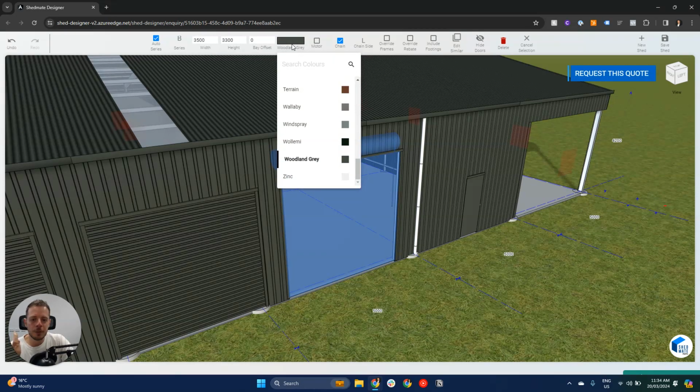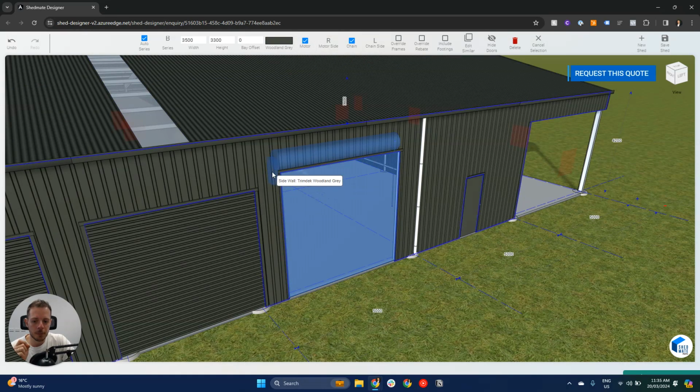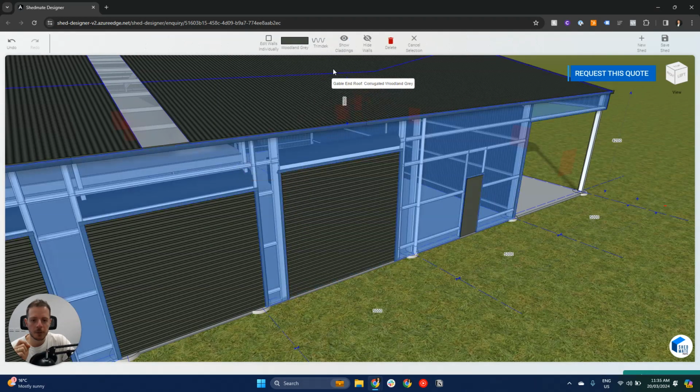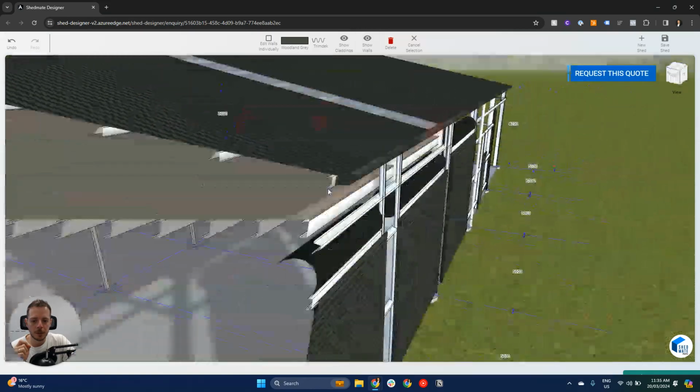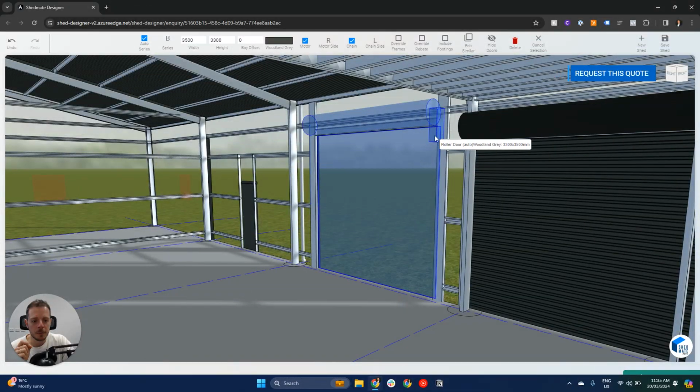Then we have the option here to change the colors. We have covered this a bit as well. And then we have chains and motors. So if you have the motor, you can see that Shedmate will automatically put a motor there. So let me just hide these walls so we can see what's going on internally. So if I click on this roller door here, I see that there is a motor, and this is going